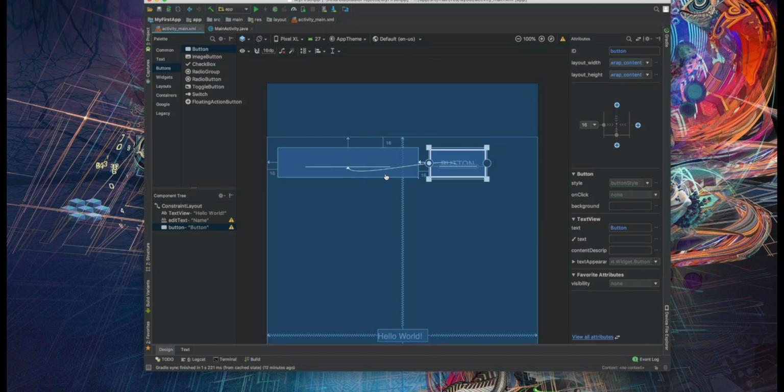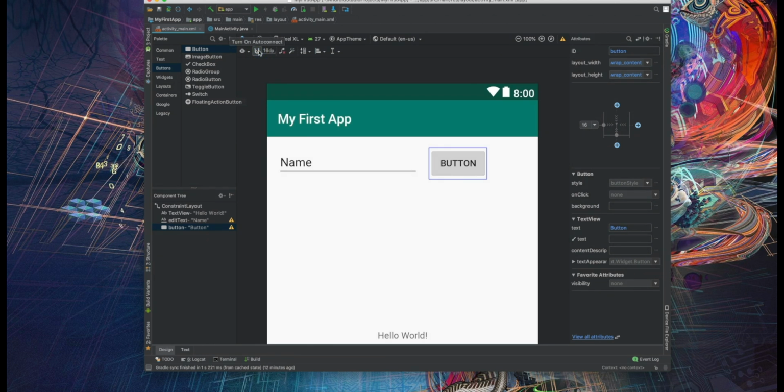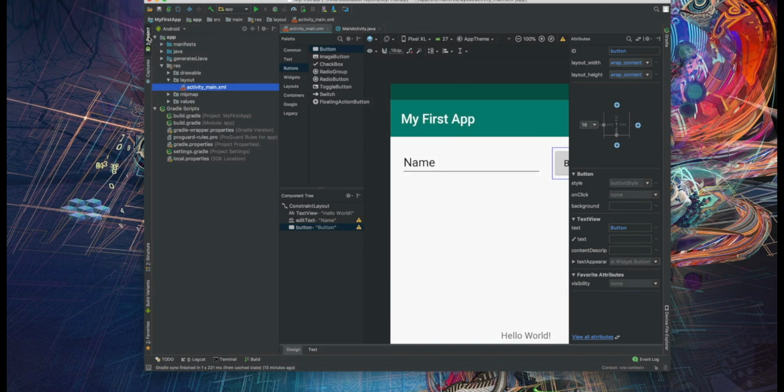Change the user interface strings. To preview the user interface, click Select Design Surface in the toolbar and select Design. Notice that the text input is pre-filled with Name and the button is labeled Button, so now you'll change these strings. Open the project window and then open App, Res, Values,